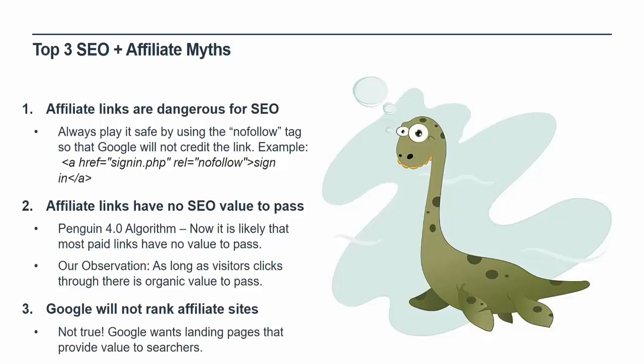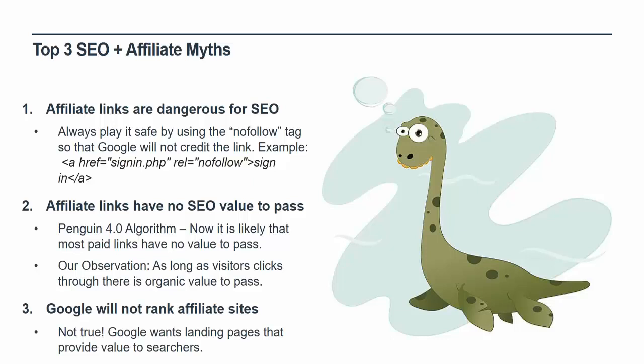If you could get more eyeballs from site A to your site, which is site B, that's a valuable link, regardless of if it's valuable in the eyes of an organic search result. It's just straight brand awareness and traffic, and I'm sure that's why you guys are part of the Pepperjam fam to begin with. So, do affiliate links have no value to pass? I have to say this.